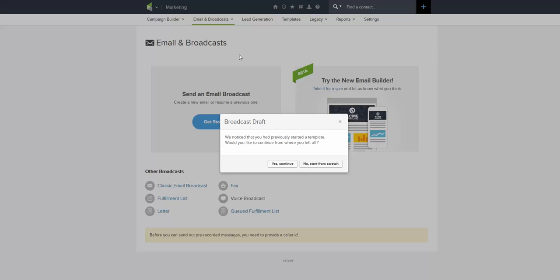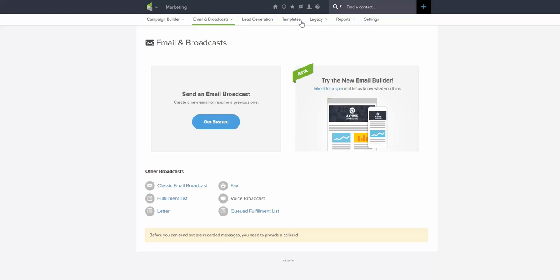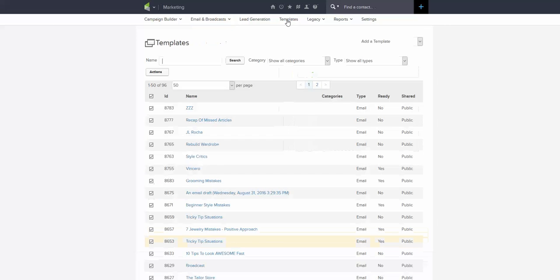What is the workaround in that old system? If you want to create a broadcast that you want to edit and save at a later point, I would really suggest creating a template first. So add a template, email,